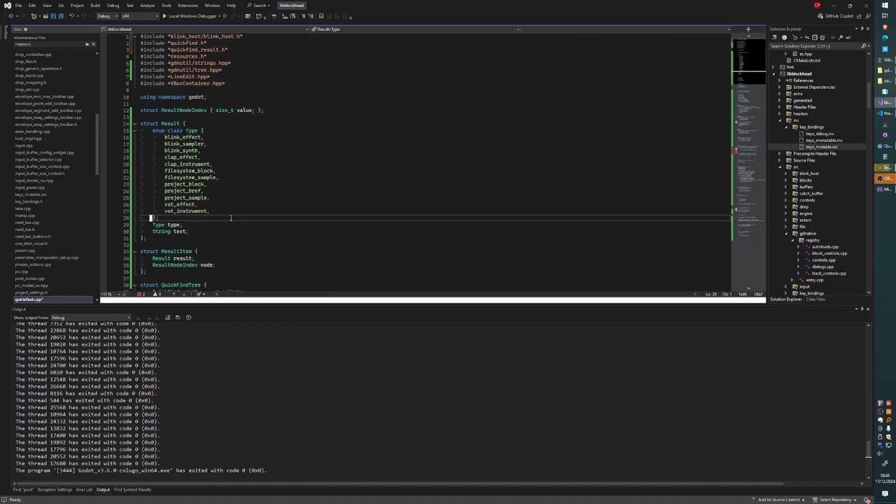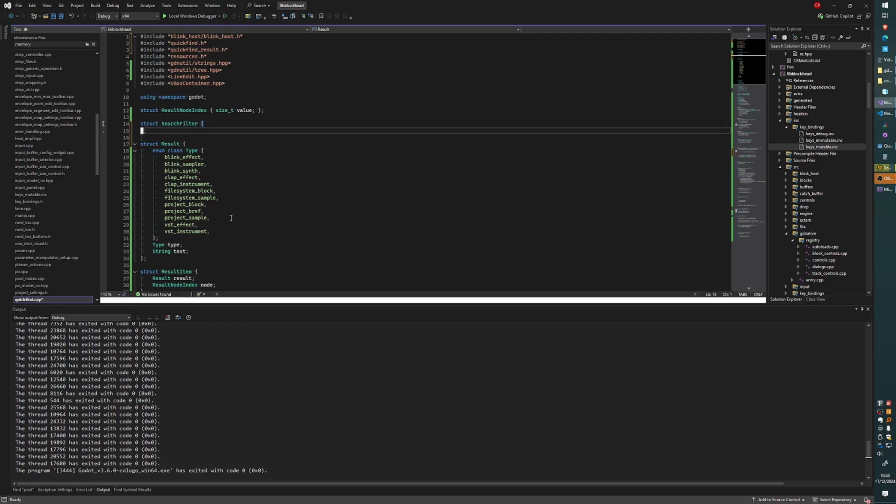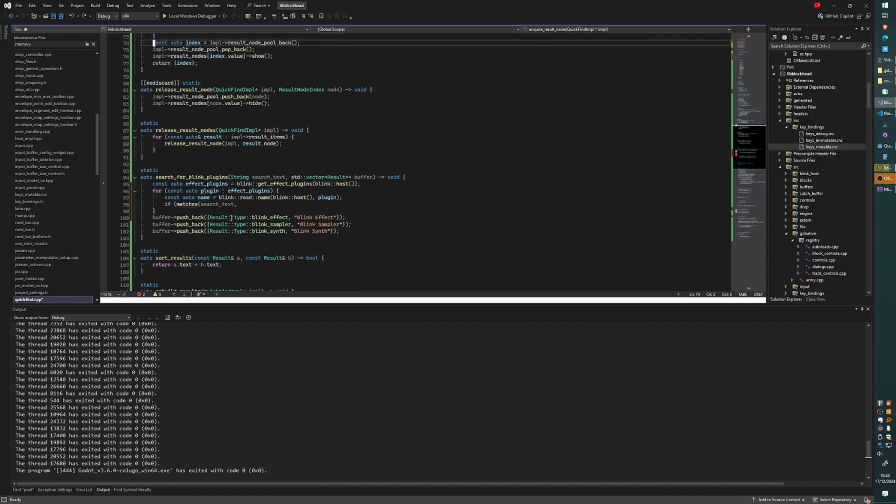Oh, this should actually be do what I did before, where it would be like a search filter. No. String text, and there'll be other stuff in there as well. So